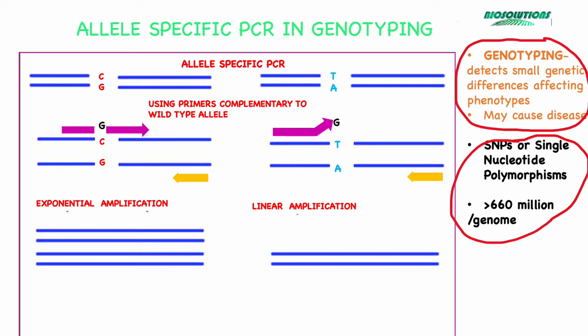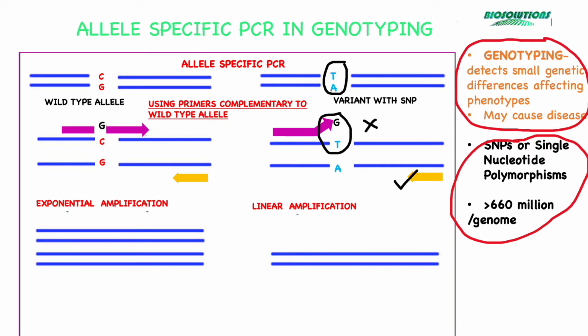More than 660 million SNPs are present on an average in a person's genome, but less than 1% only affect the coding genes. Many SNPs have been identified as markers of a disease. An allele-specific real-time or qRT-PCR thus is widely used to identify a wild-type allele from a variant allele or a disease-associated SNP. Here we see that a set of primers are being used which bind to wild-type allele and produce